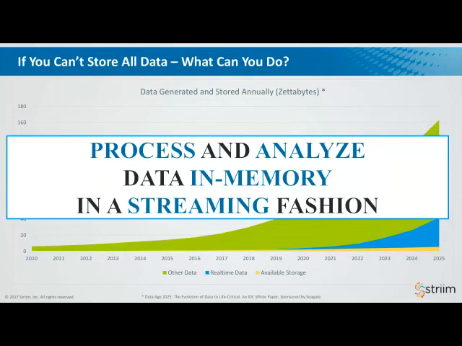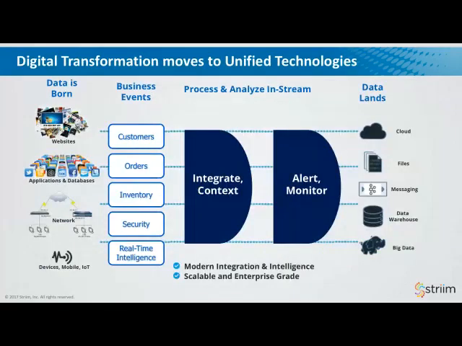And this kind of streaming approach to things helps you move to a digital transformation where you can integrate and join data in real time, and you can do real-time alerting and monitoring. And you can also use this for integration, so you can combine data together and land it somewhere, whether it's in the cloud or a file system or databases, etc. But really, it's to try and move to a unified technology that incorporates IoT data with the rest of your enterprise data in a scalable fashion, using an inherently streaming in-memory architecture.